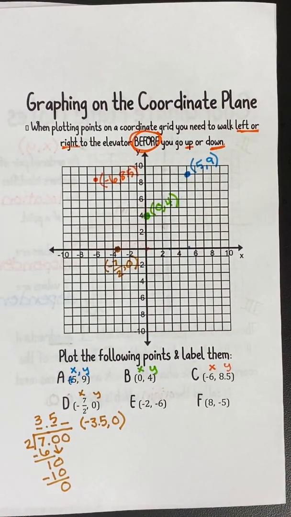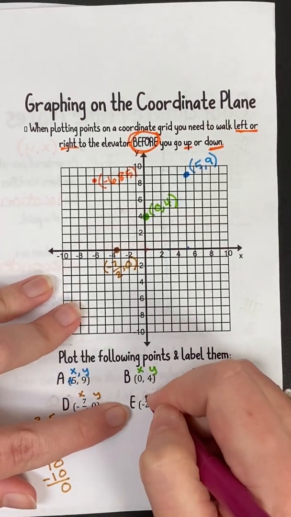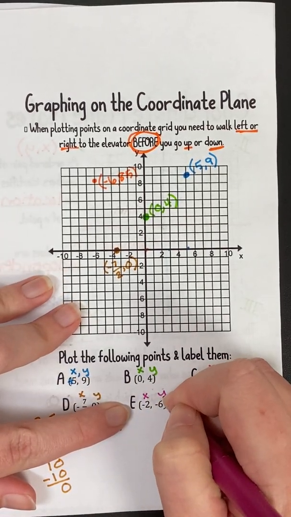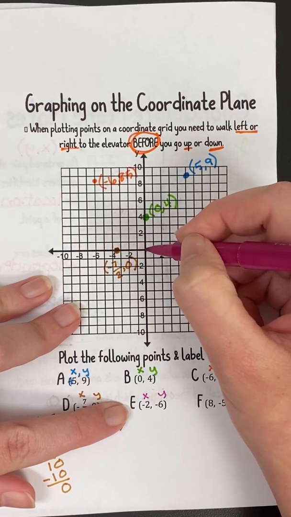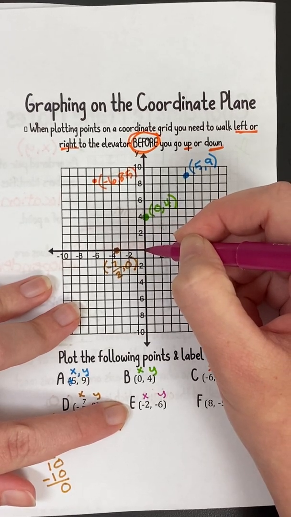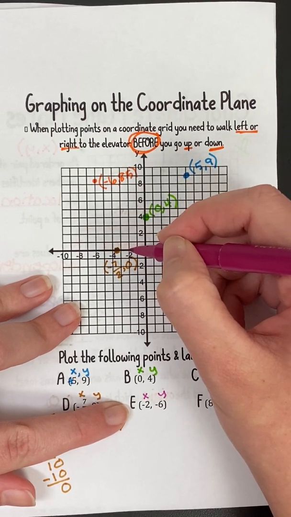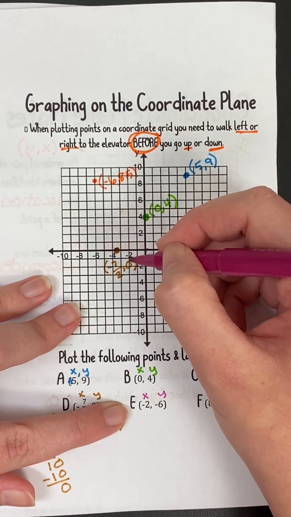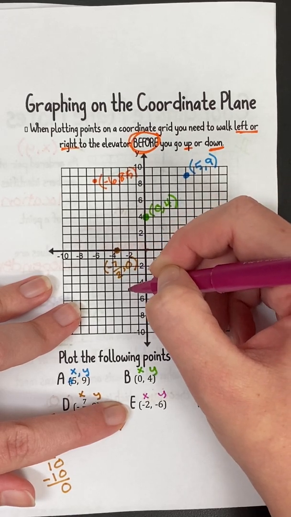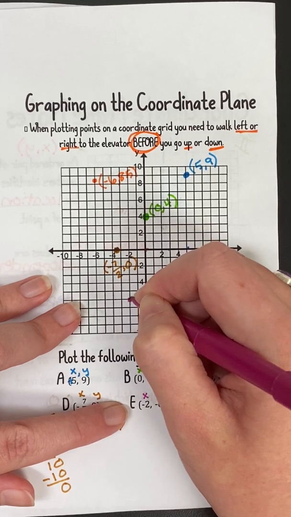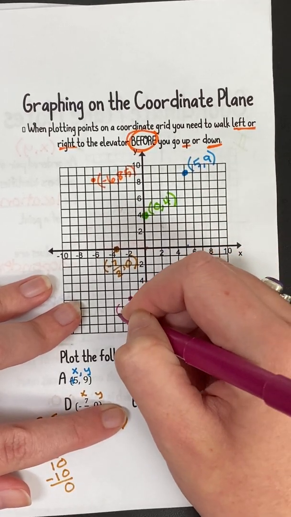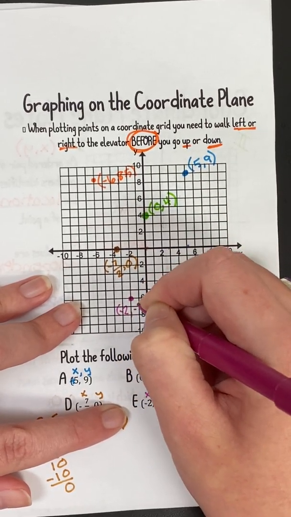Okay, let's look at the next one. It is -2, -6. So I'm going to label -2, -6. Always start in the middle. I'm going to go -2. Remember, I got to walk left or right before I go up or down. So I need to go -2, and then -6 is below, so I need to go down 1, 2, 3, 4, 5, 6, and I'm going to label it -2, -6,